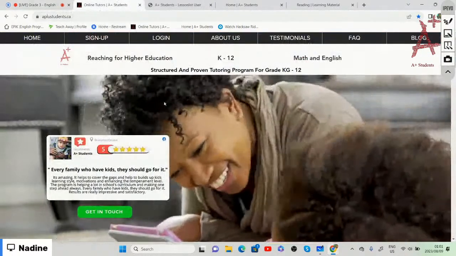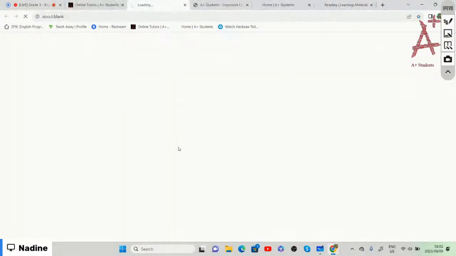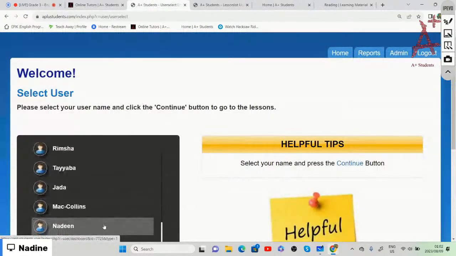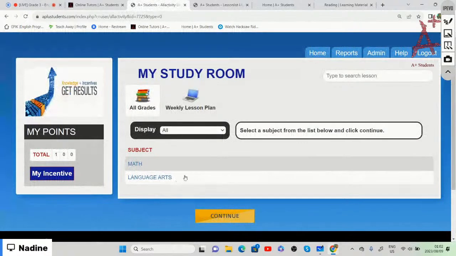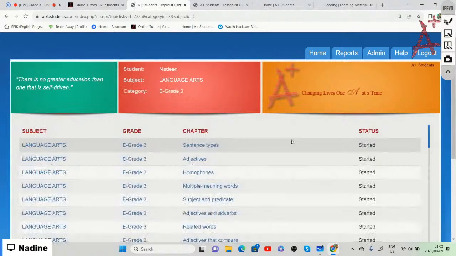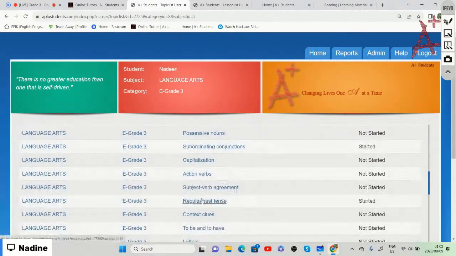we're going to log in to aplusstudents.ca, and we're going to log in with our username as well as our password. And then we're going to select the subject of language arts. And then we go to grade 3. All right, so once we are by grade 3, we're going to scroll down up until we get to the chapter of regular past tense,